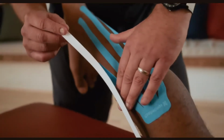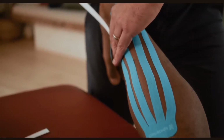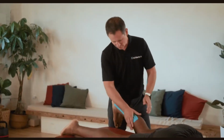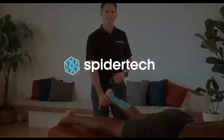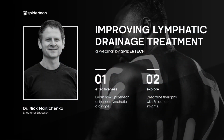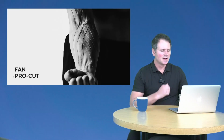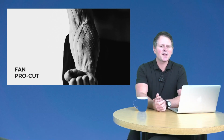And then apply. The whole time we are maintaining the stretch through the calf to make sure that we get that on the skin, and then when we release it, the skin can retract back as much as possible, so we get that lift, that pull up, and we can get that maximum pull through the area that it's being placed on. Excellent. Okay. And then the last thing that I will say about the application is that you can see in